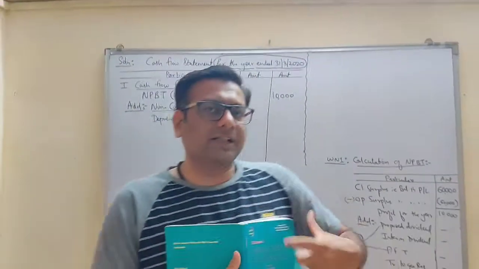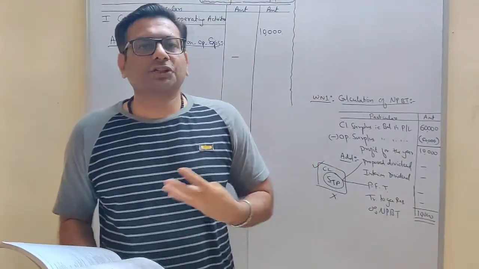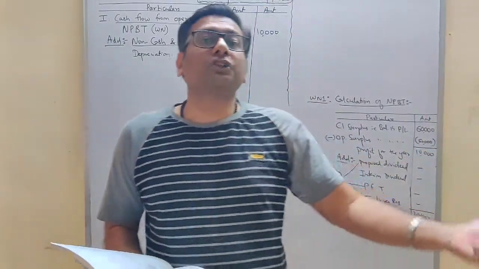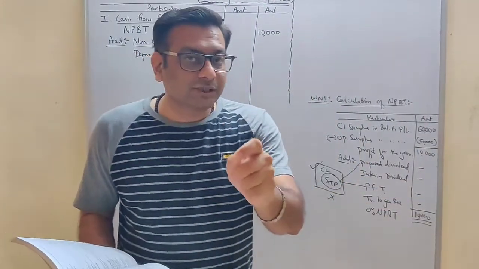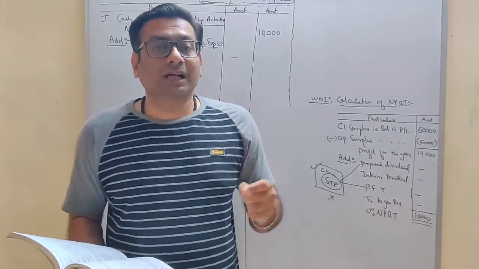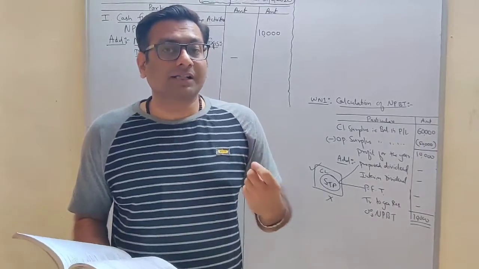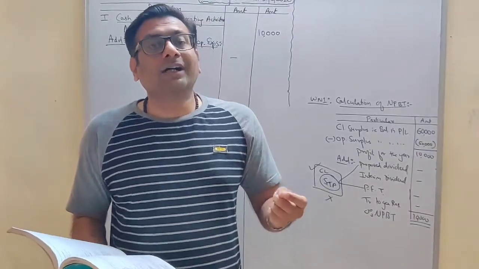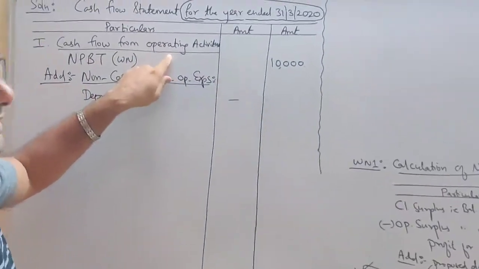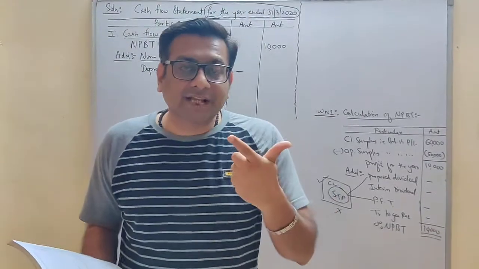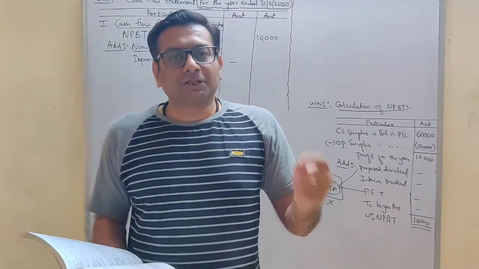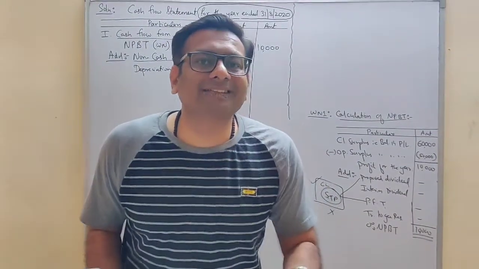But in this sum, the balance is not decreasing, it is increasing. So I am going to take this as purchase of fixed asset. Now think, students, and answer me where this purchase of fixed asset goes. I mean to ask, it will go under which activity? Purchase of fixed asset will go under operating activity, or investing activity, or financing activity? Yes, students, you are correct. Purchase of fixed asset will go under investing activity.